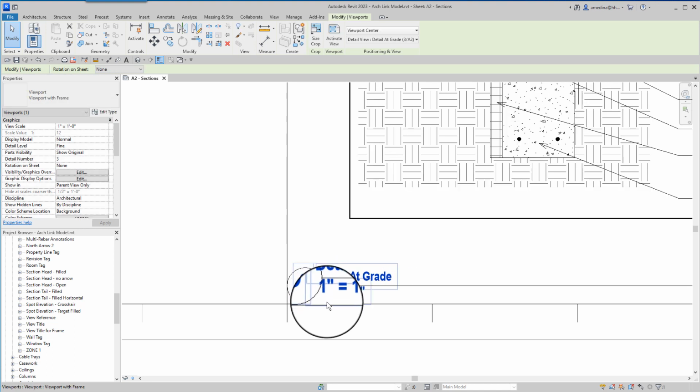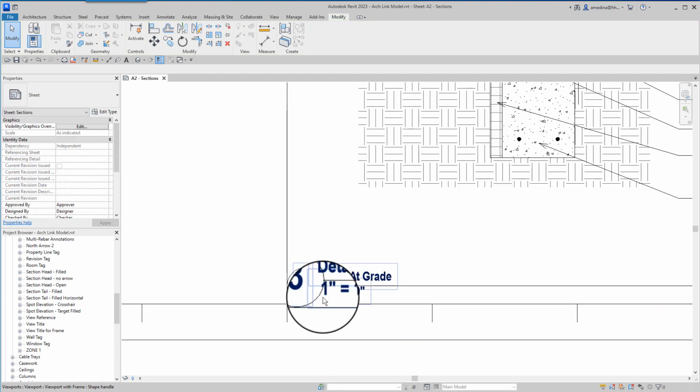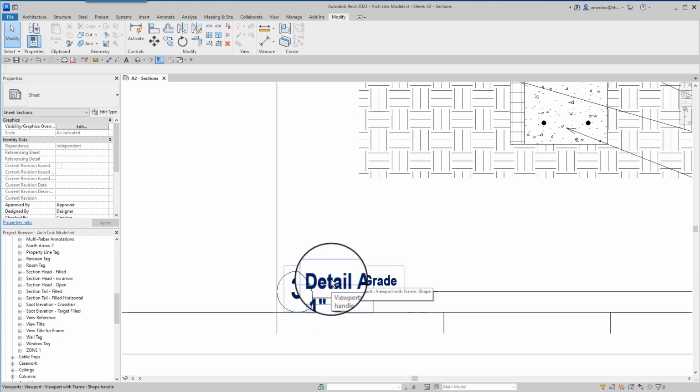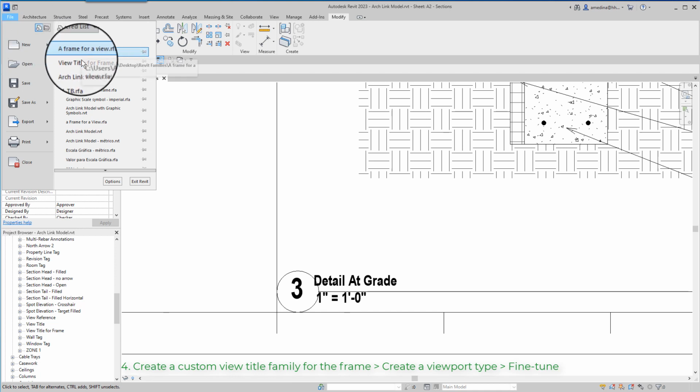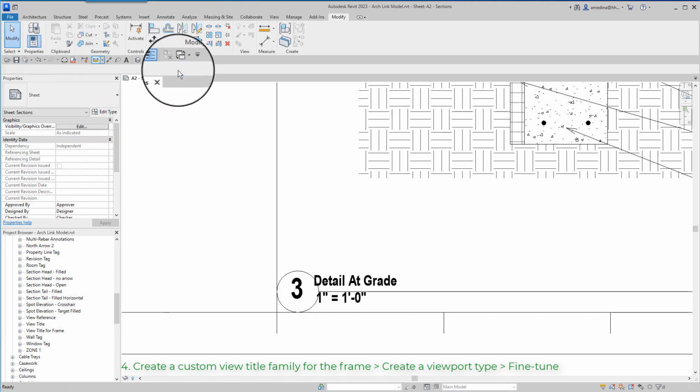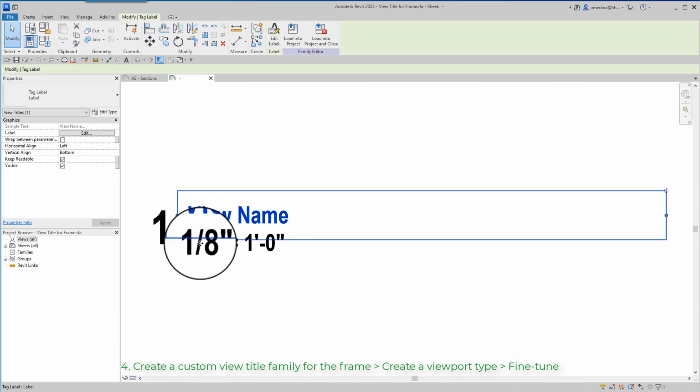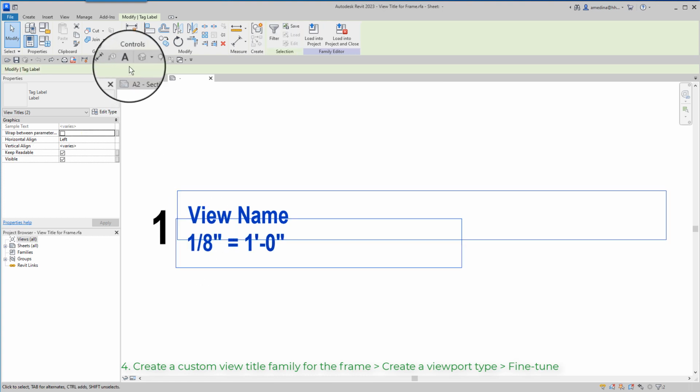and now I simply move the view title to the frame. Notice that I need to move these two labels a little bit to the right. So to do that, I can go back to my view title for frame and move these two labels.